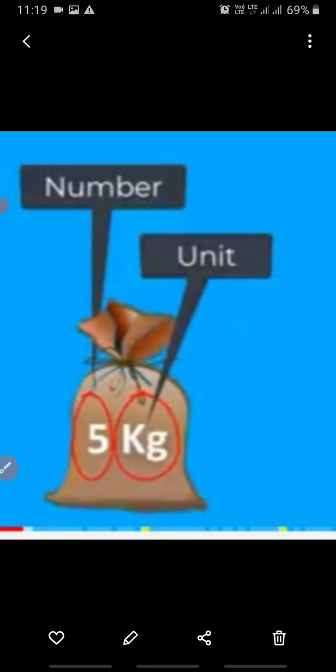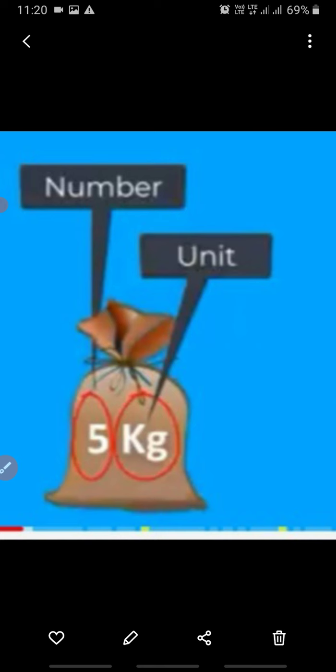Okay. So, in the last class, we discussed what a physical quantity is, and what is required to represent a physical quantity: a number and a unit. For example, when you go to a shop and ask the shopkeeper for rice, you cannot say only a number, like "give me 5." You have to define units after it. So in today's class we will study about the units.